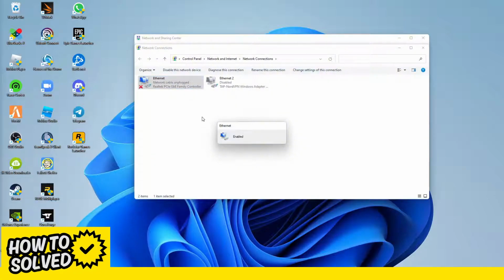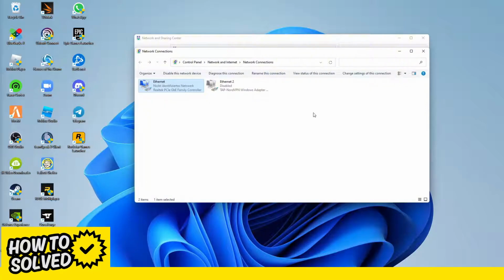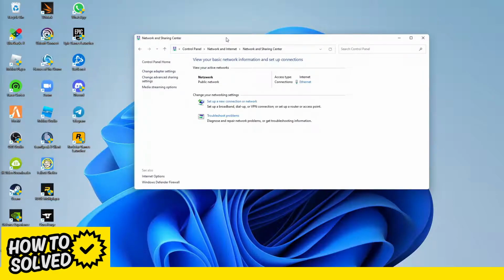And then this might take a few moments to re-identify and connect to the network again, but don't worry, it just takes a few seconds. Perfect, our internet access is back. We can already close this window here, and then back in the Network and Sharing Center, click on this